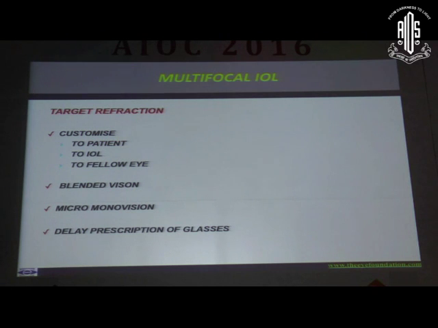Delay prescription of glasses. Just like learning cycling, patients have to get used to these lenses. And just because on the first post-operative day or 1 week later the patient is not happy, don't be in a hurry to prescribe glasses. Delay them, tell